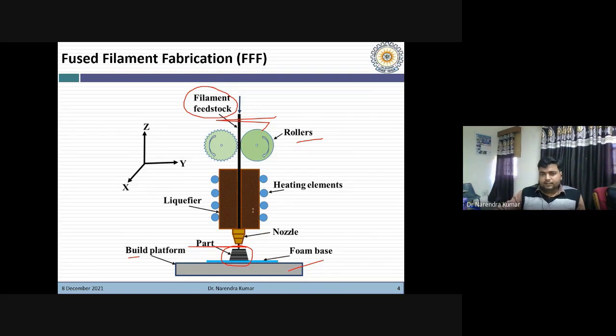Among all these components, which component is crucial, or responsible for extruding the material? Please don't write in the chat box, because I cannot see it while giving the presentation. You can directly share your thoughts by unmuting yourself.